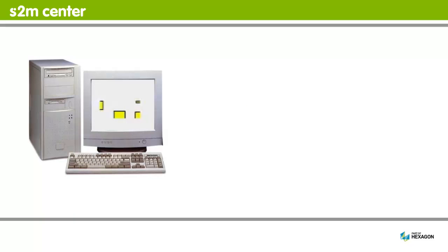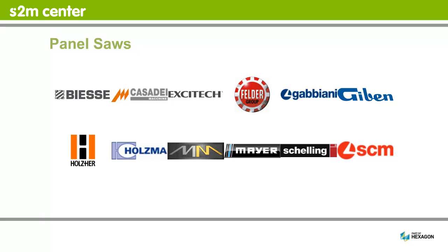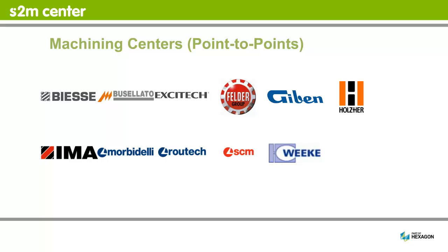In 1996, we started outputting NC code directly to numerically controlled panel saws. Over the years, we have developed great partnerships with many of the largest panel saw manufacturers around the world. Also, back in 1996, we started outputting DXF files for third-party CAM applications to convert into G-code for CNC machining centers and routers. And since that time, we have developed great partnerships with many of the largest machining center manufacturers